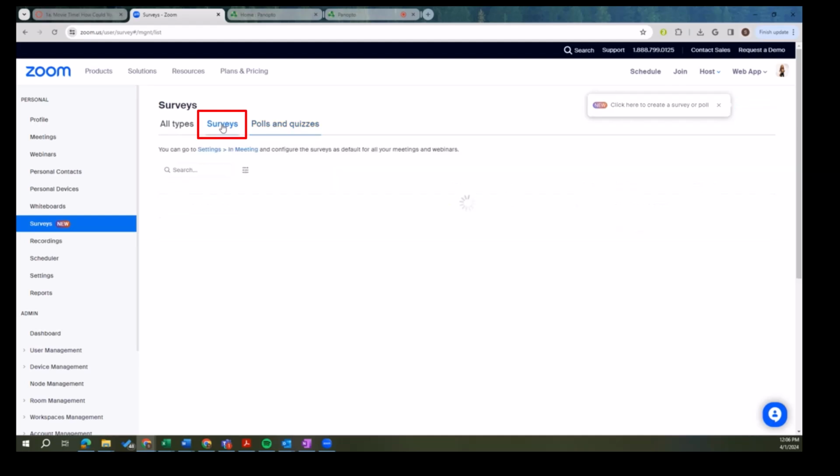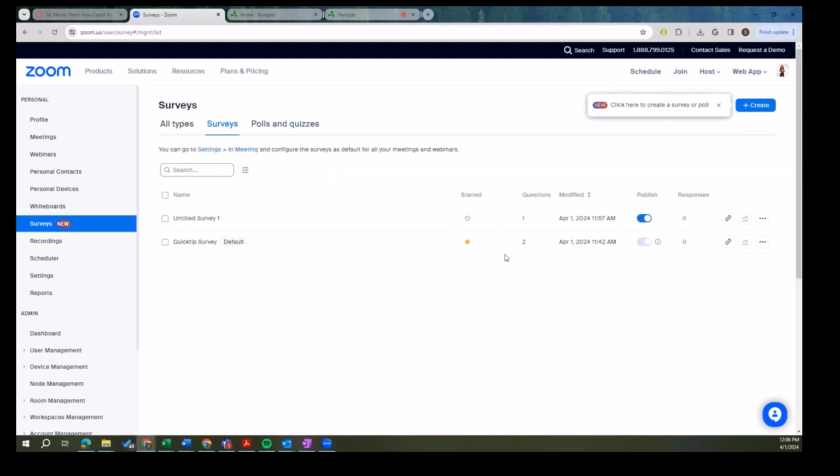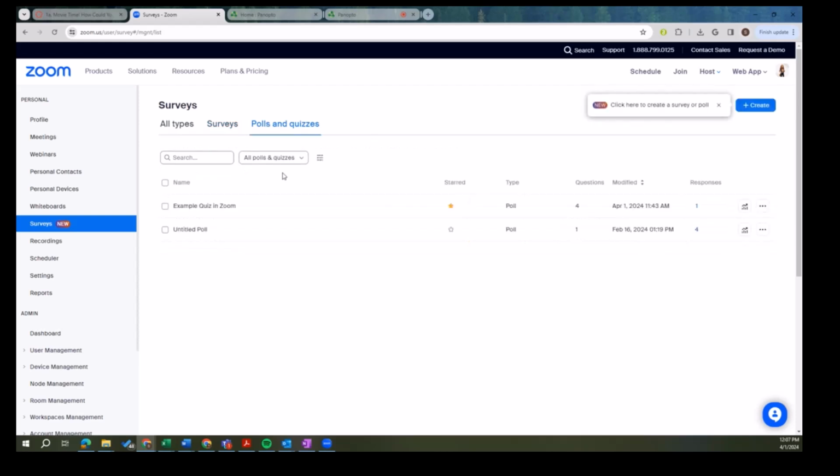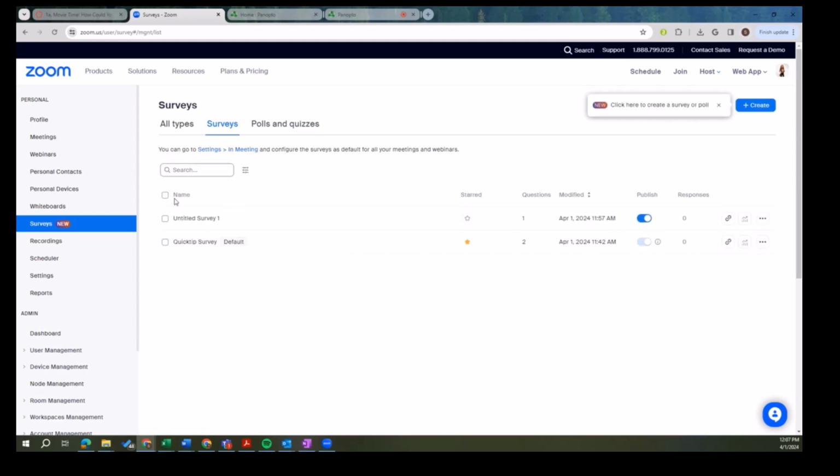You can also create surveys. I find the surveys not to be very useful. You can ask surveys during a meeting as well, just by making a quiz and making it not a quiz, so there's no right answer. It's essentially a survey. The only really useful thing about surveys is if you're leading a workshop or something in which you want feedback at the end.